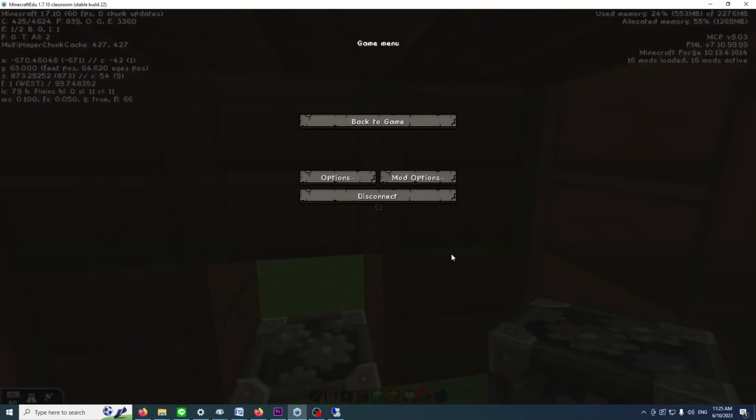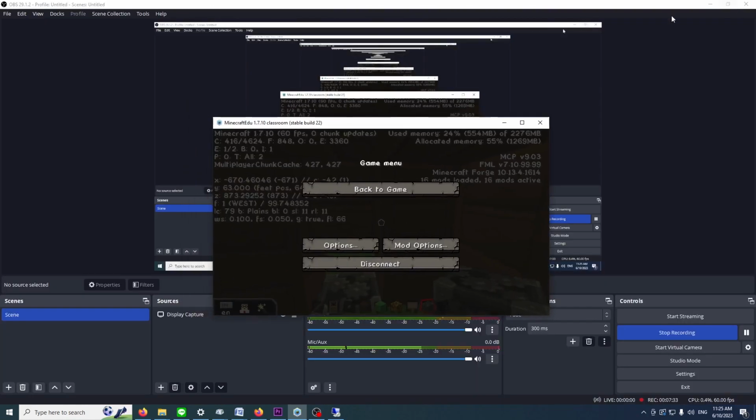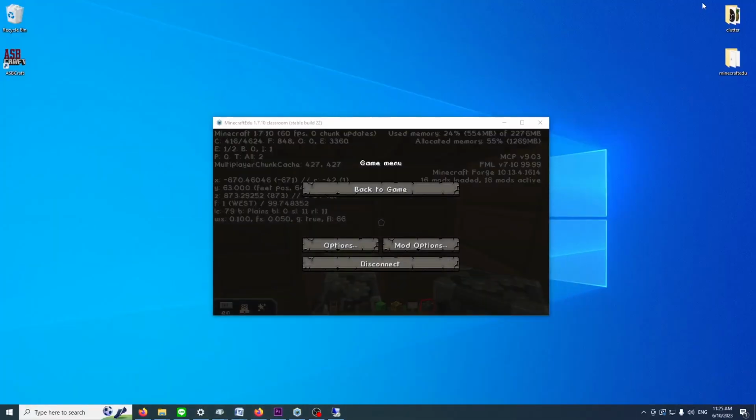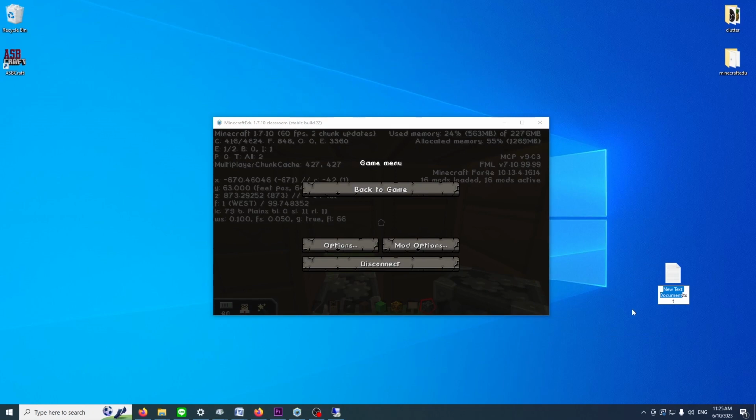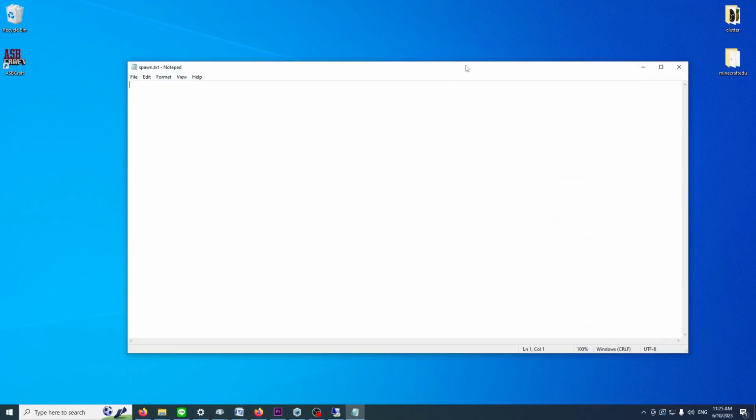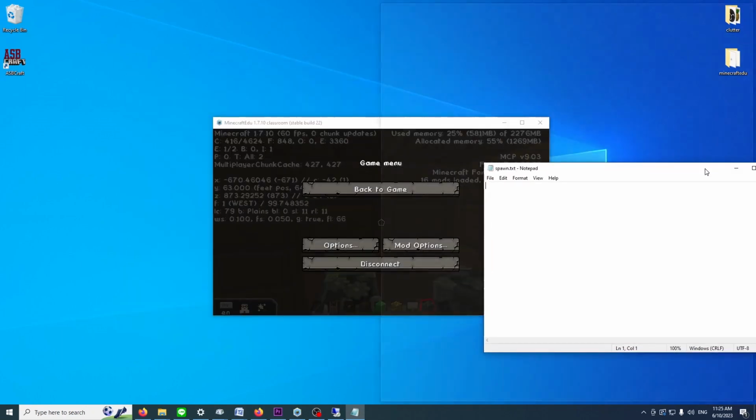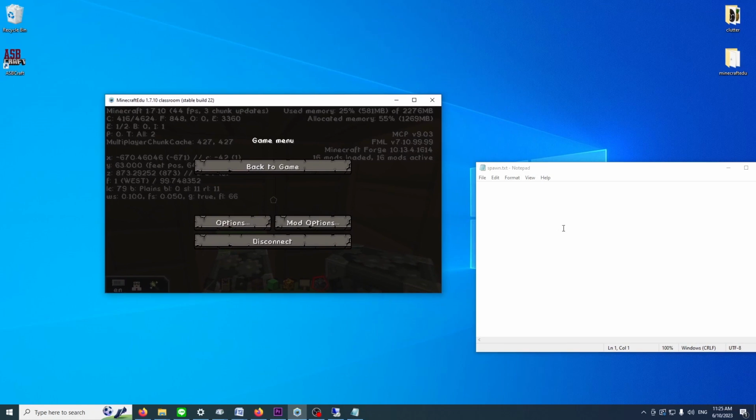Okay, so let's just write those down in Notepad real quick. Spawn. All right. So X is -760, Y 63, Z